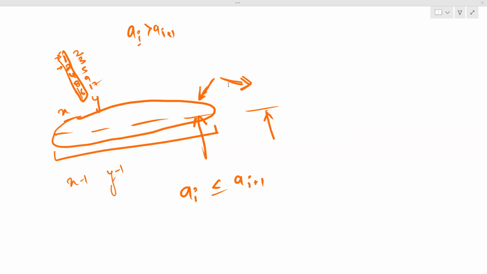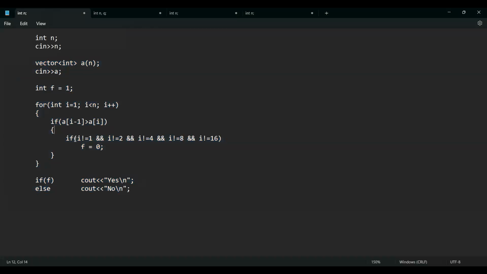Okay, let me show you the implementation. So this is the implementation. In this, I'm just checking that if a of i minus 1, because I'm starting from 1, is more than a of i, then i should be one of these. If it is not, then f is 0, and we can simply continue. So going to the next problem,